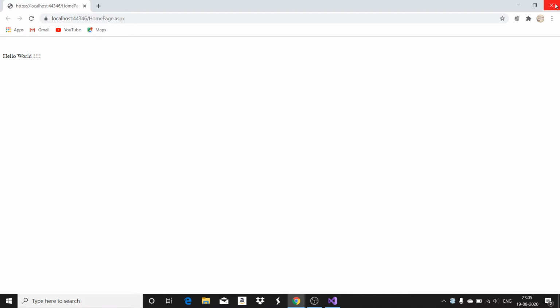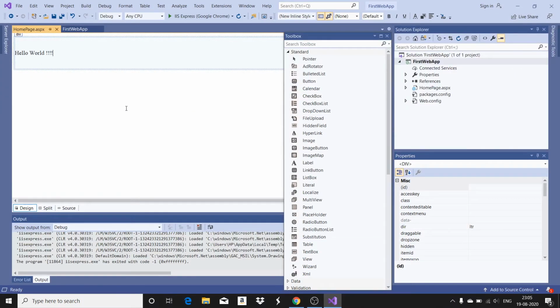So what we have done here: I have created an empty web application project. I right-clicked on the project name and added a web form. After adding the web form, we discussed the three tabs available. Then we saw how a division inside a body can be added with information. I typed the hello world text and started running the application using the web browser, which is the Google Chrome web browser. Fine.